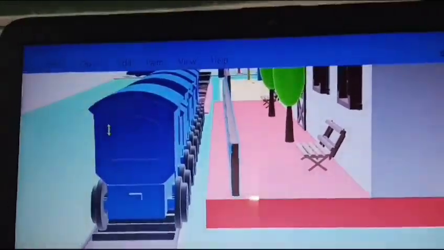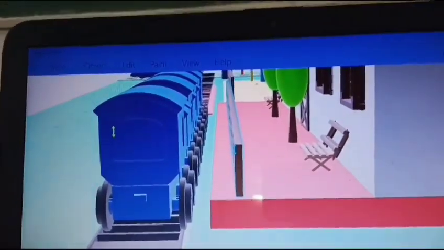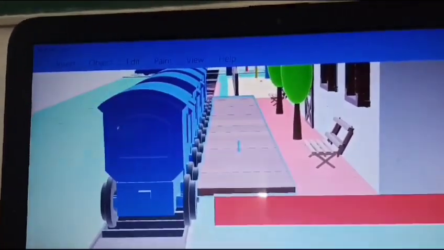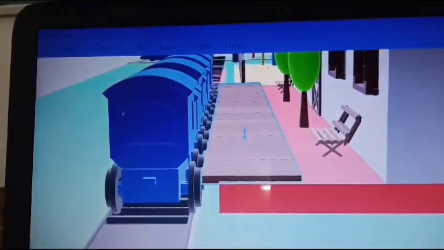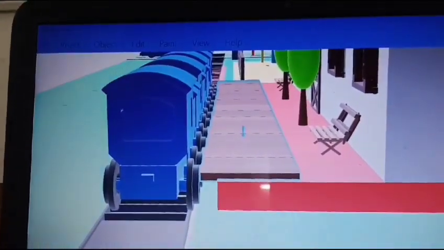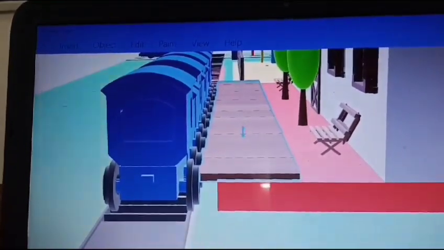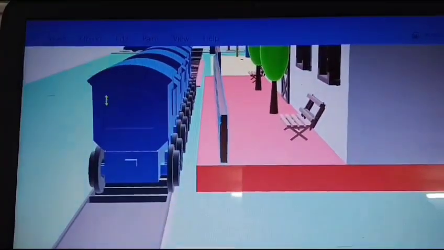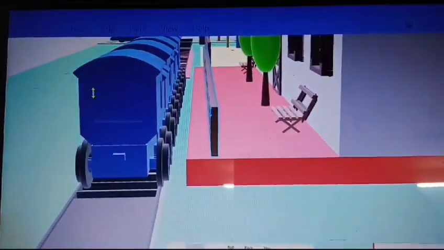As you can see, when the train arrives, it automatically turns horizontally to let the passengers pass through into the train, and when it's time for the departure of the train, it automatically turns vertically upward, as you can see, to prevent the passengers from passing to the train as the train is going to depart.